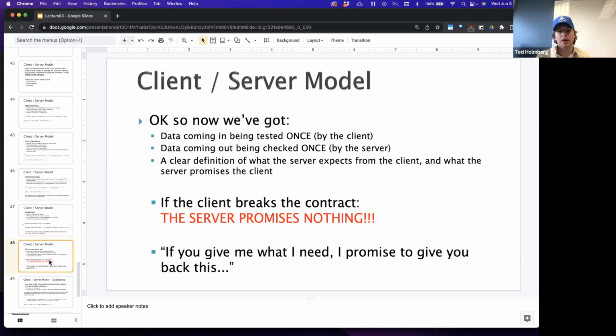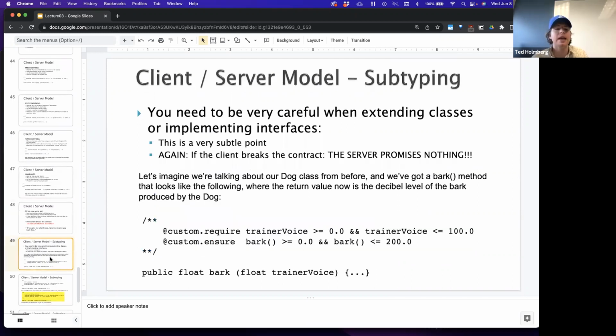Okay, so now that we've got data coming in being tested once by the client, and we have our data coming out being checked once by the server, a clear definition of what the server expects from the client and what the server promises the client, we now have our contract defined. And so if the client breaks the contract, we promise nothing. And if the client abides by the contract, they will get a result without having to worry how that result was derived. Now, one thing we have to be considerate of is subtyping